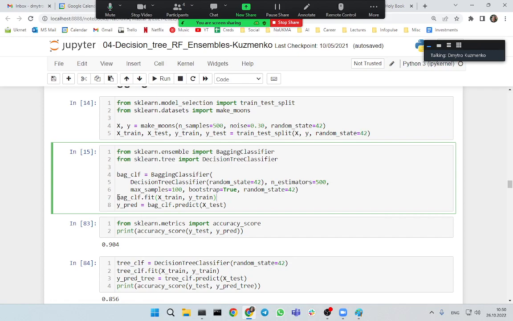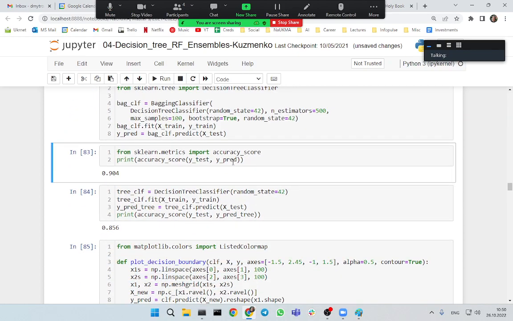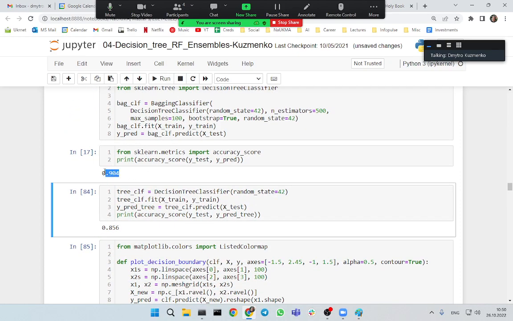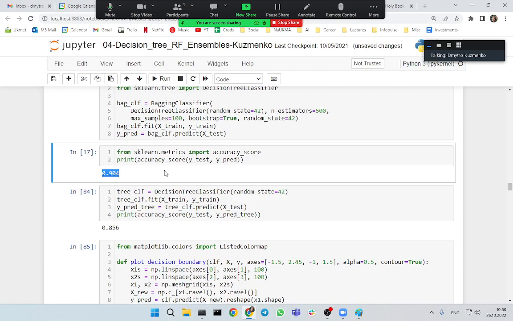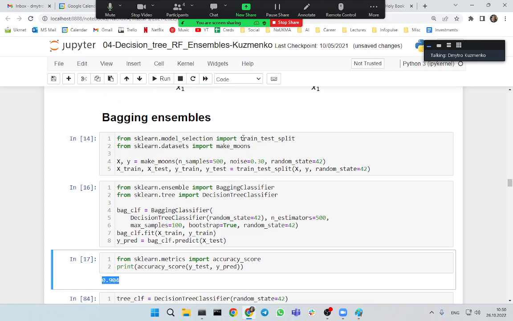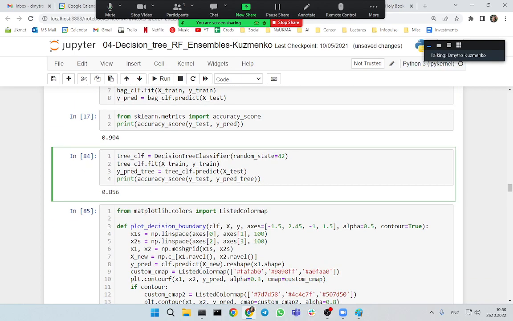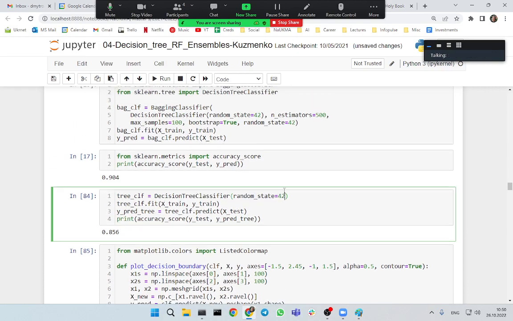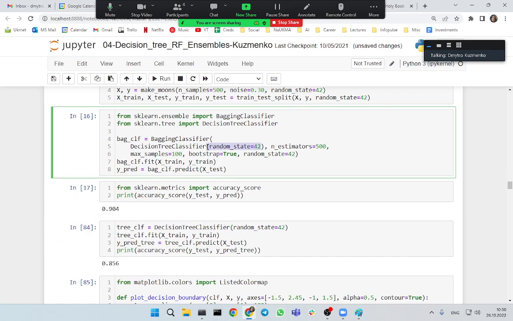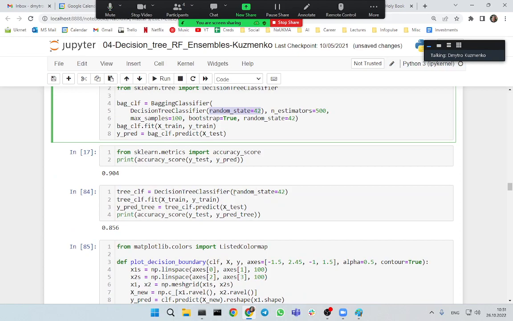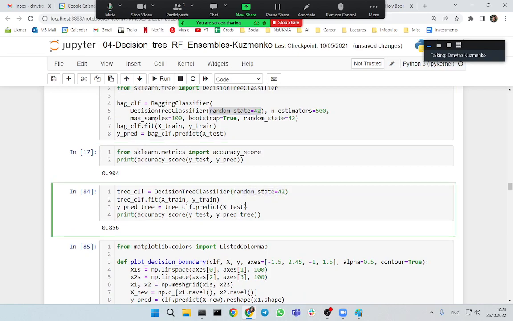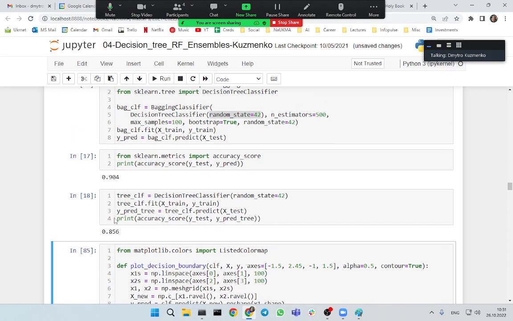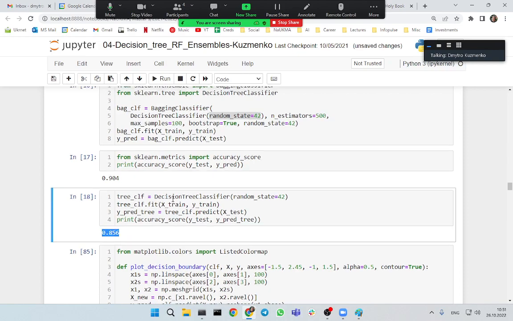And then we just train this CLF bag classifier and predict. And see the accuracy, pretty good, 0.9, not bad for the moons. And then we train a decision tree classifier, a single tree, random state 42. We do not restrict anything here, no max depth or anything. We just train a single model, and boom, it gives us a worse result. This is because